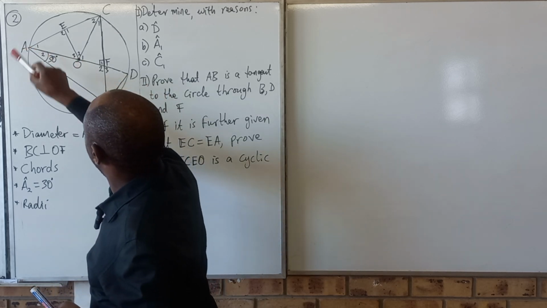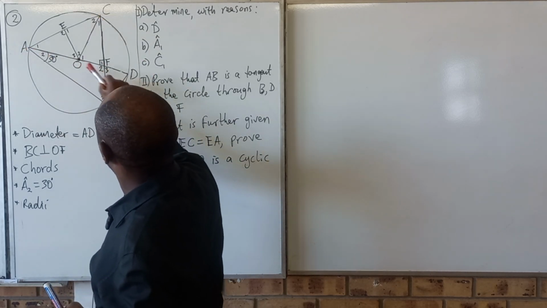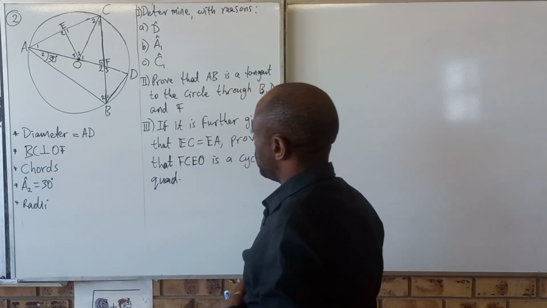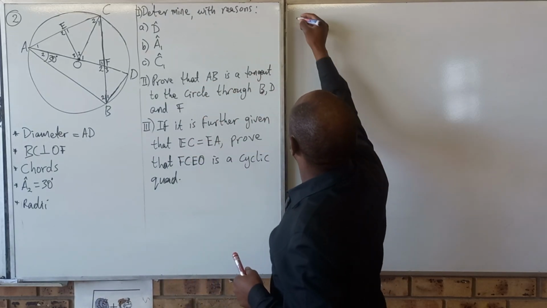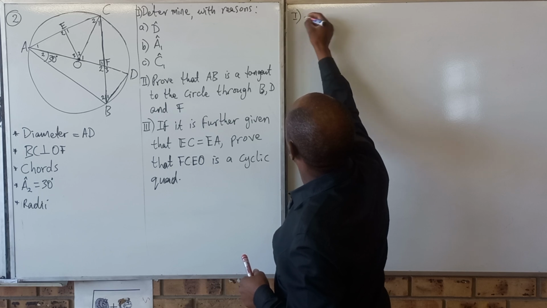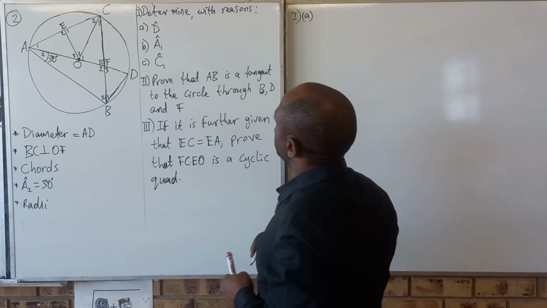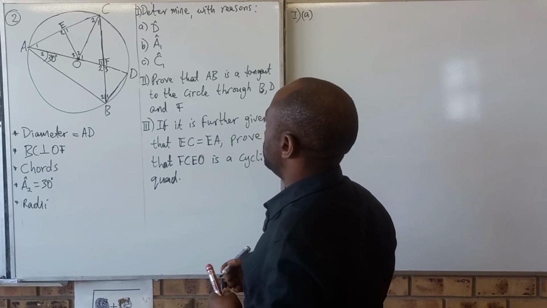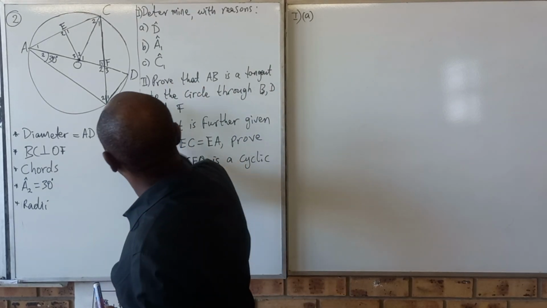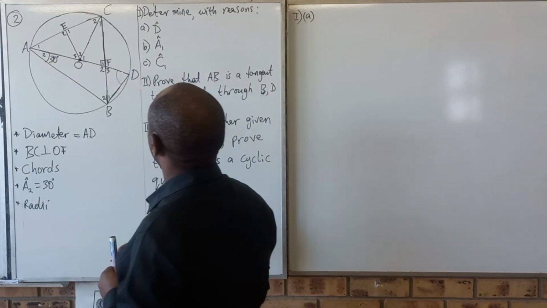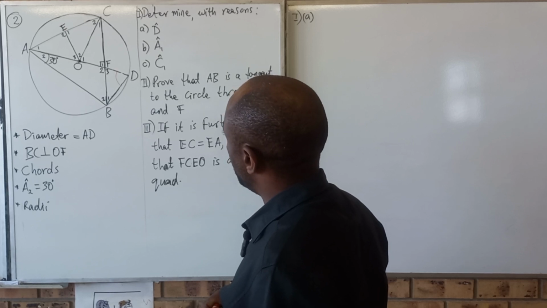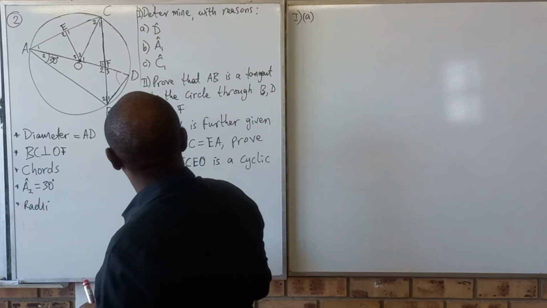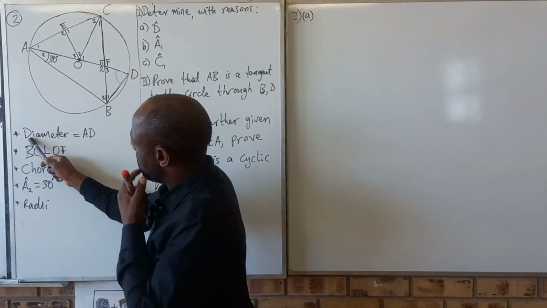We've got OA is a radius, OC is a radius, OG is a radius. Just showing to us where we can go for help if we are struggling. So the first part under Roman 1a says we need G, and G means we are looking for this angle. So if I need angle G in that diagram, I think the first thing that will take me there is